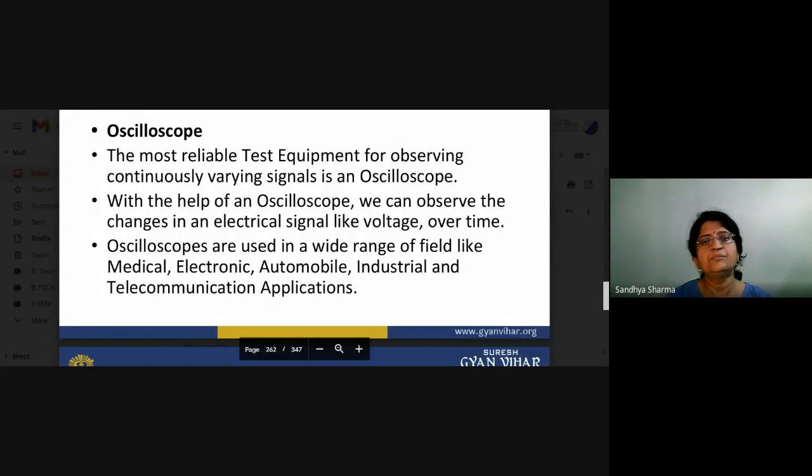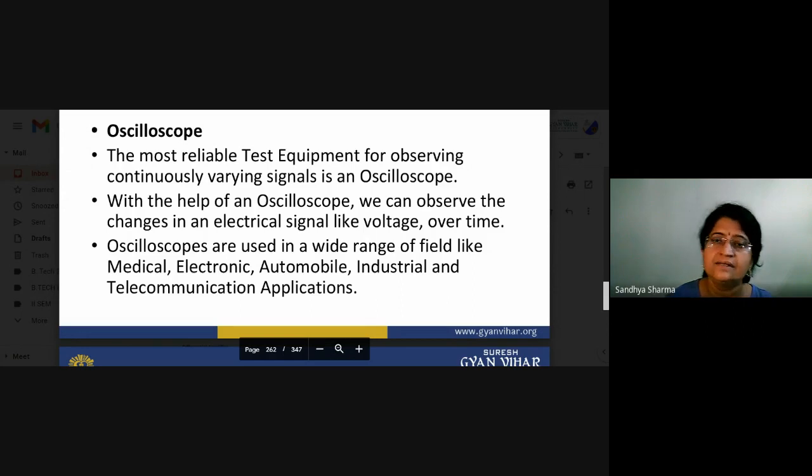First of all, we will see the oscilloscope. The most reliable test equipment for observing continuously varying signals is an oscilloscope. Basically, an oscilloscope is a display device, and by using it, we can see our input and output signals